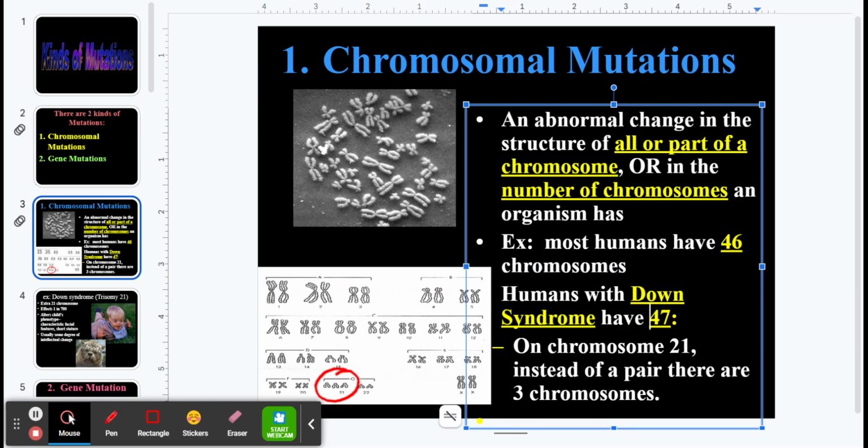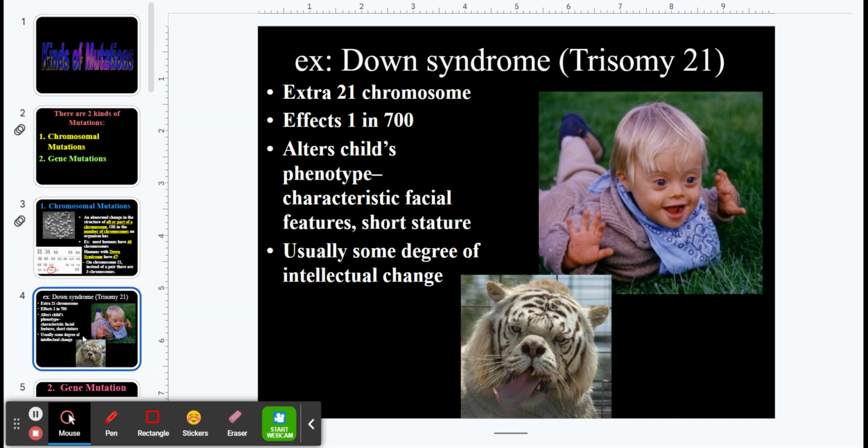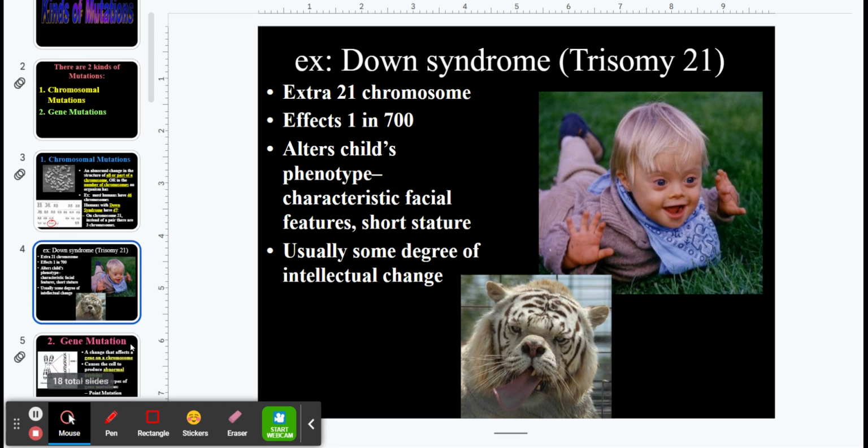And so what that looks like is that on chromosome 21, instead of having a pair, notice everyone else here had a pair, chromosome 21 has 3 copies of that chromosome. And so that is what leads to the disorder we know as Down syndrome. A little extra information, it generally affects 1 in 700 people. It can change a person's phenotypes, that means what physical characteristics they have,